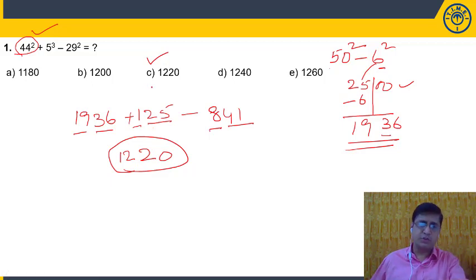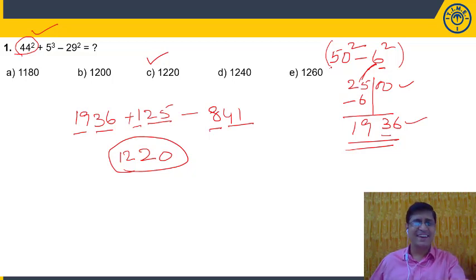My dear students, please note down the solutions. What is that? 44 square. How to find the 44 square? The number 44 is very close to 50. How much less? It is 6 less. So 6 square is 36. What I am doing here is subtracting the value 6 from 25. So 25 minus 6 is equal to 19. So 1936. Apply this logic for the numbers which are close to 50, more than 50 or less than 50. You can try 46 square, 48 square or 43 square. You just try on your own by using this logic.